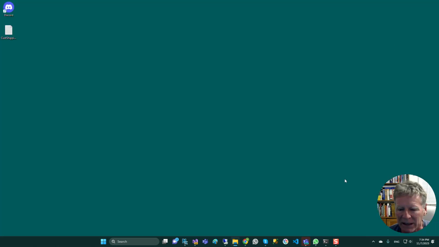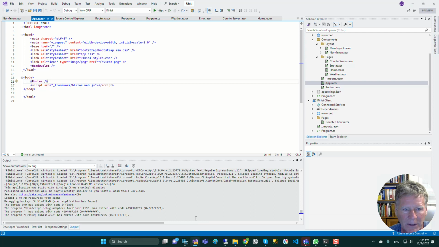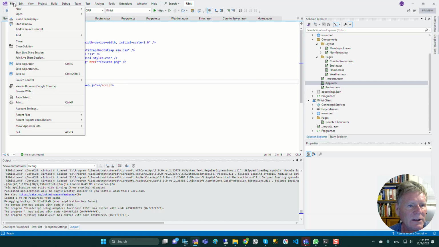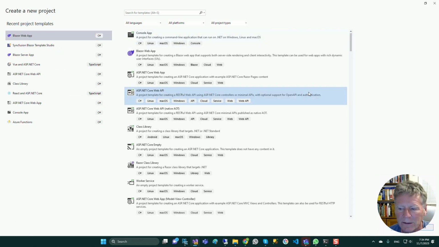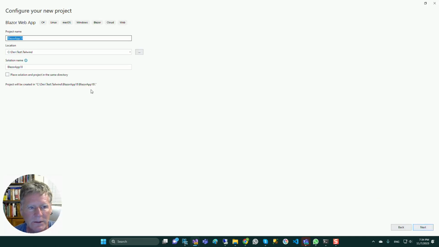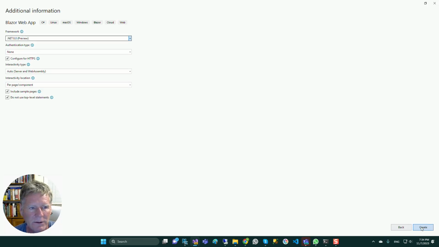All right, so let's go over here, and we're just going to spin up a project. We're going to say create a new project and Blazor Web. Next. All right, that looks good. .NET 8, that's our only choice. No authentication, although individual accounts have finally arrived in Blazor as a first-class citizen, and the interactivity type, which is